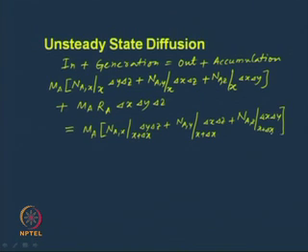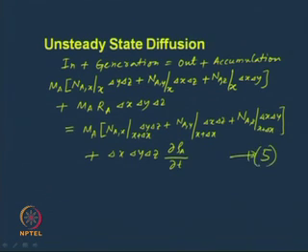So, this is the mass flow rate out plus accumulation. The accumulation term is delta x delta y delta z into del rho A del t, where rho A is the density of component A. So, this is the equation number 5, and if we just rearrange this equation, we can write